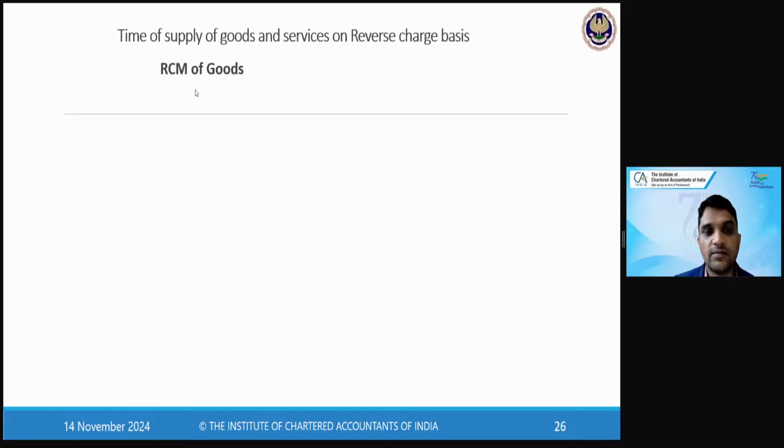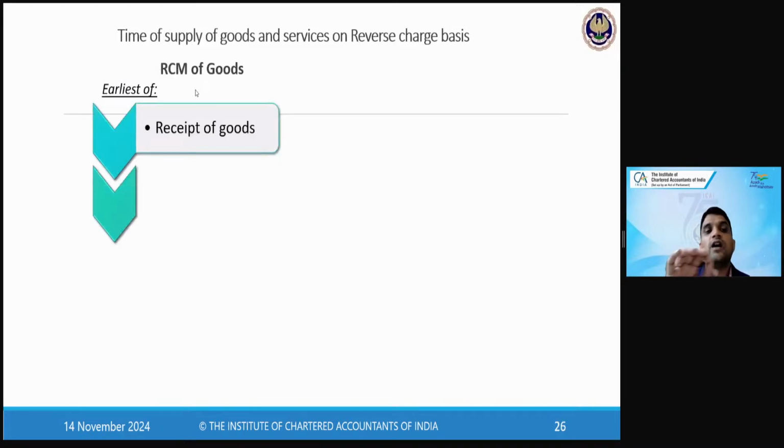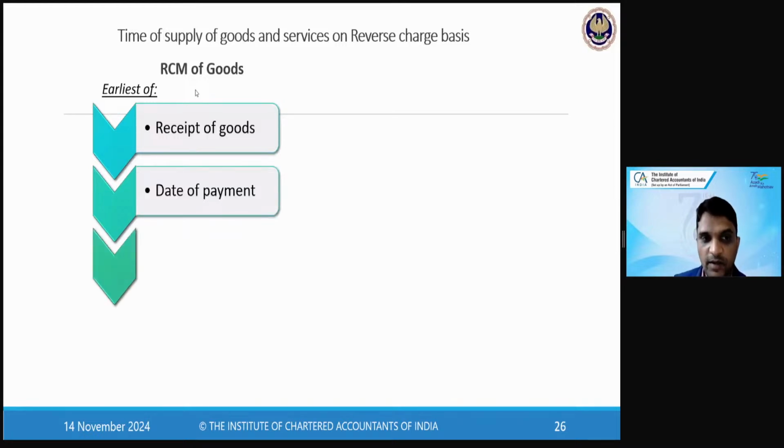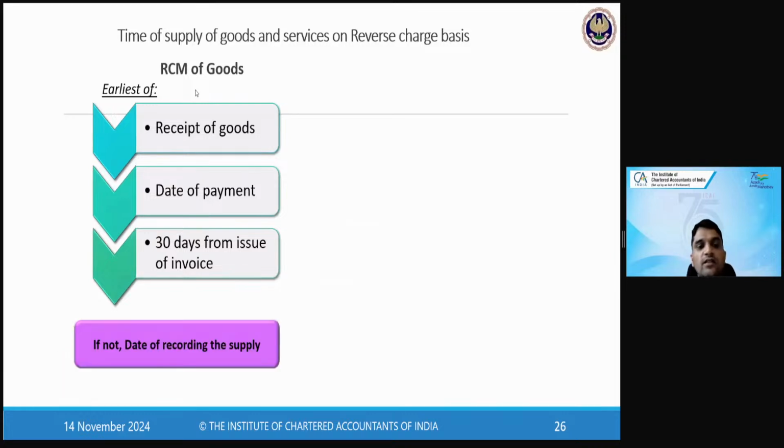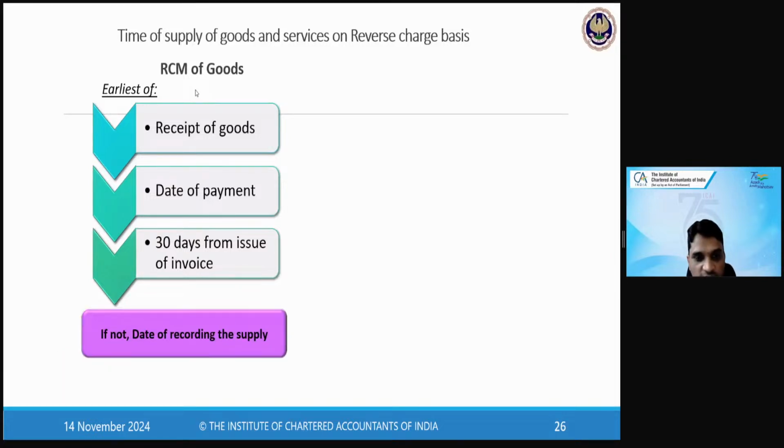When you do a comparison between RCM for goods and RCM for services, you will see RCM for goods is receipt of goods or date of payment or 30 days from the issue of invoice. And if not, then the date of recording the supply. And in case of RCM for services, it will be the earliest of receipt of services,